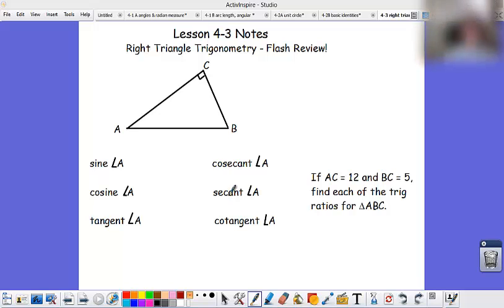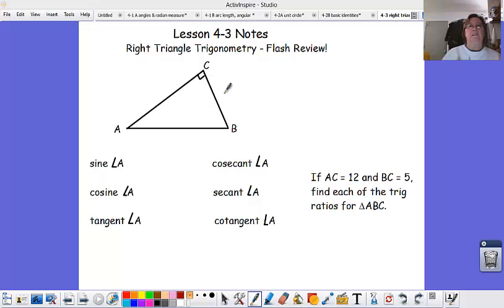Hi. Lesson 4.3 is about right triangle trigonometry, and I call this the flash review. So this is the trigonometry that you learn in geometry and algebra 2. If you'll recall, if we're looking at the triangle from the viewpoint of one particular angle, and we label the